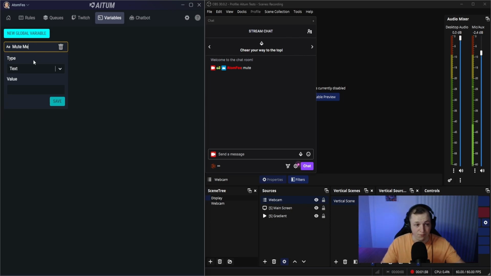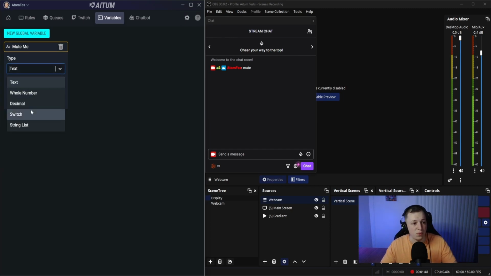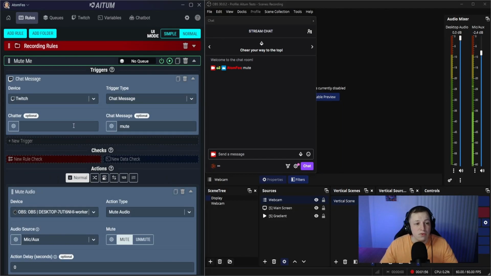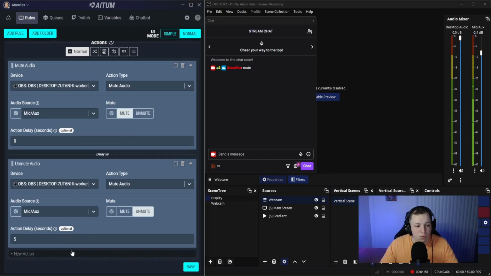Create your global variable. We'll name it mute me just so it mirrors the rule that we're creating it with, and if you have multiple global variables, you can tell which ones go to which. We're going to set the type as switch, and we're going to set it to false because that has not been set yet. Go back to your rules, and at the end of this rule here,